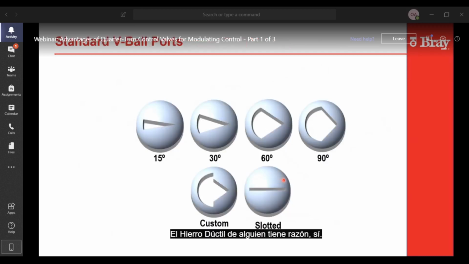So the body's ductile iron, correct? Yep. The 15, 30 degree, 60 degree, and 90 degree Vs are the standard configurations for our V-ball. We also can do custom cuts and also a slotted cut depending on what your flow requirements are.